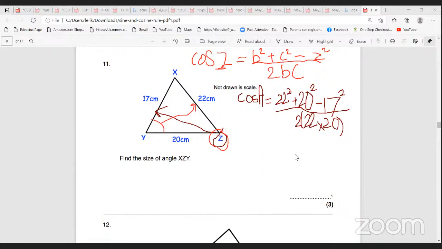Okay, so you're going to divide by. You can put it in parentheses, 2 times 22 times 20, close parentheses. You can open the parentheses and then close it after. 2 times 22 times